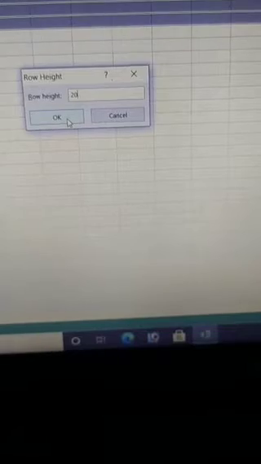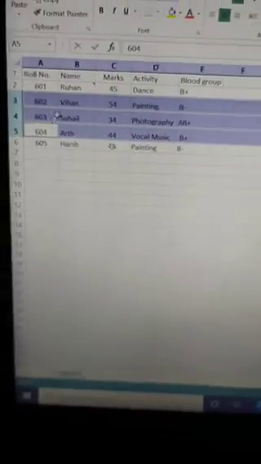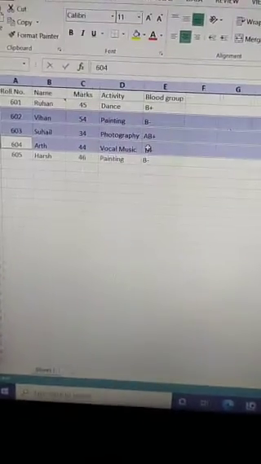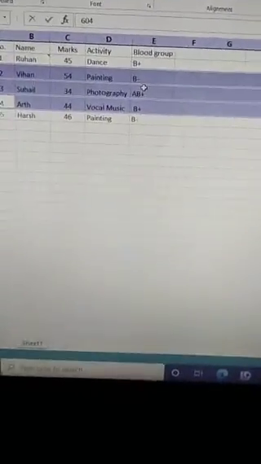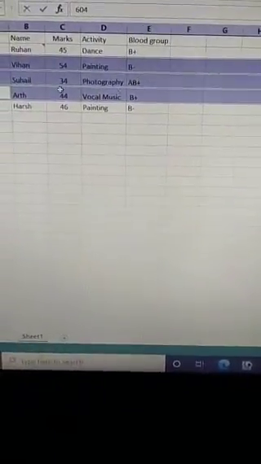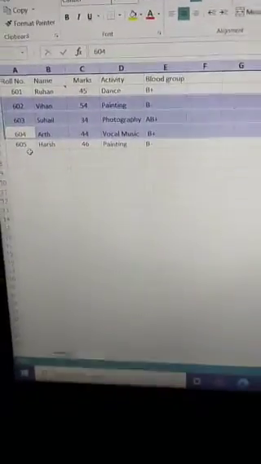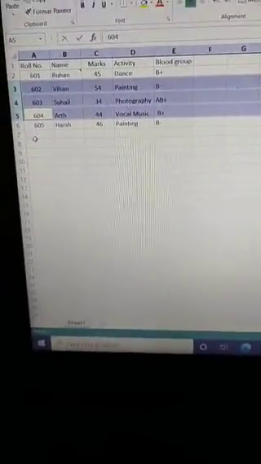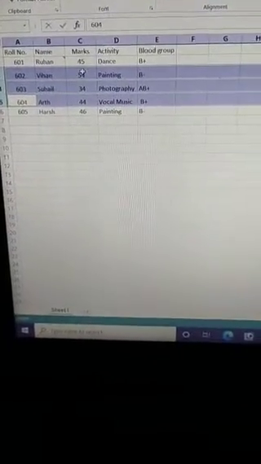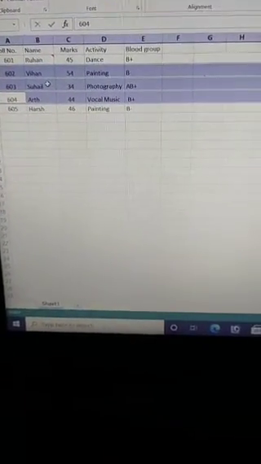When you click on this OK button, you will see that the row height has changed. In this manner, with a single click, I can change the row height of so many rows. So in this manner we can change the row height manually.